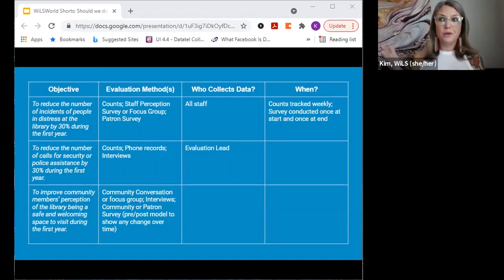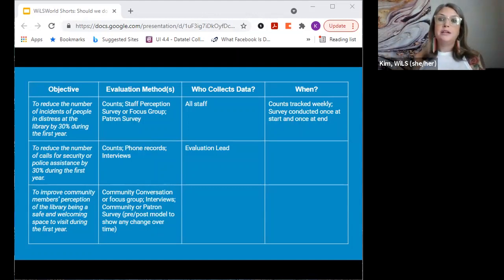None of them is right or wrong, and some of them might resonate with you more than others, and then some of them might just be a time piece, right? You might be like, we don't have time to implement an incident report tracking system, but we can do a pre-post survey. Or maybe you don't care about the pre-post survey. You're like, we really need to have incident reports. So that's where internally you figure out what feels right with your organization there. But regardless, if you've planned on the front end, you're able to have this information that's a thread throughout your experience there.